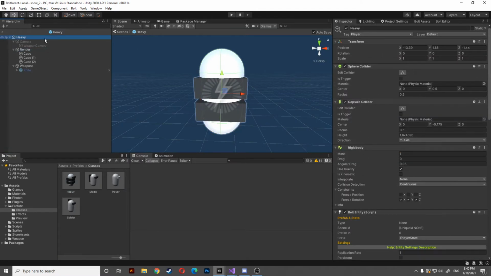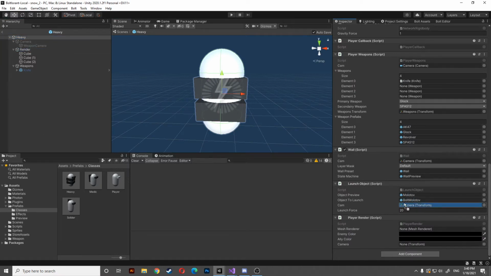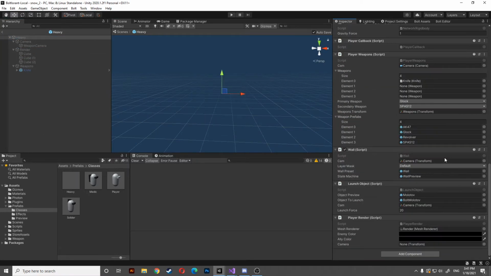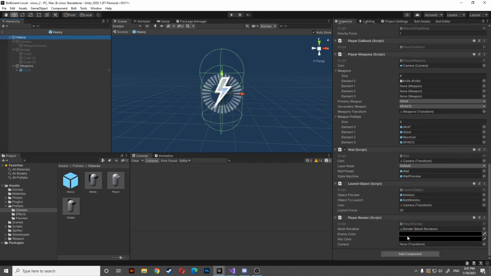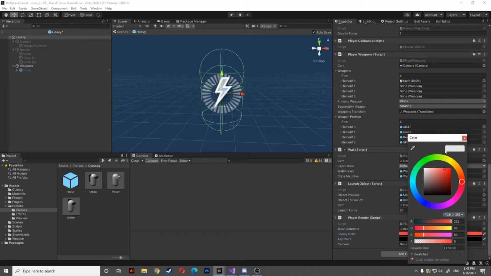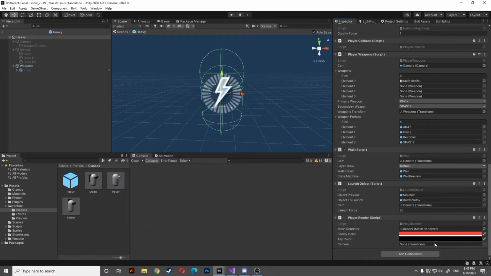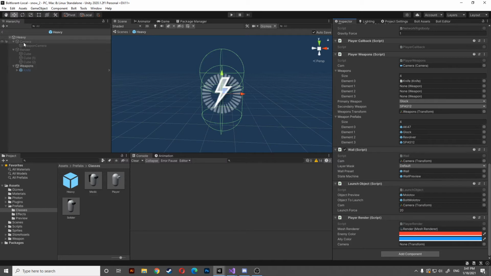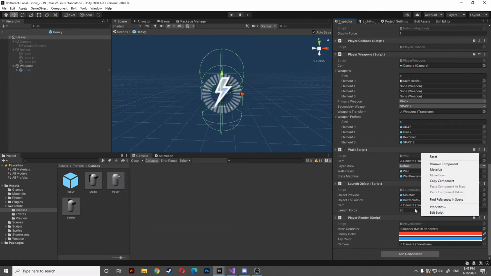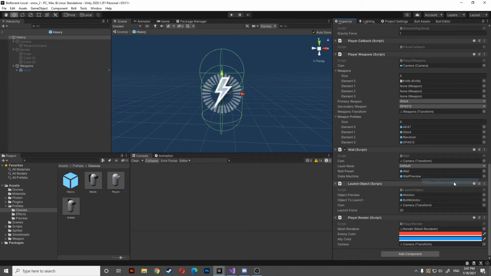let's simply see. Yeah, so here we're gonna pass the player renderer, and we're gonna deactivate it because, no, only the renderer. Gonna deactivate it here, and here we're gonna just pass this color as enemy and this color as ally, and the camera transform will be this one, like so. Here we're gonna just do a little left click, right click, and copy component, and head to the other classes